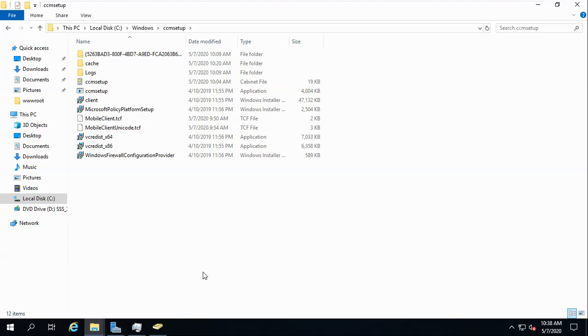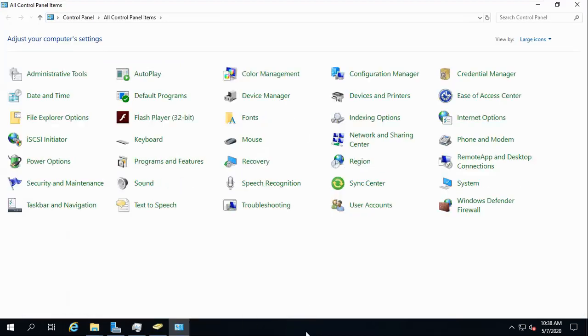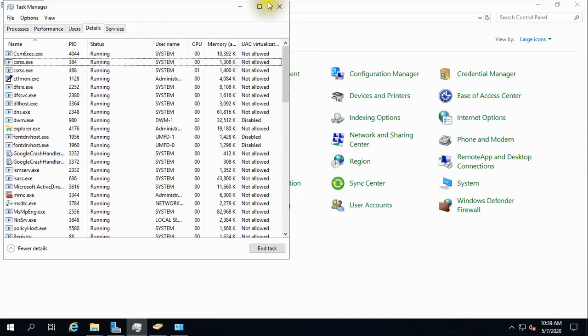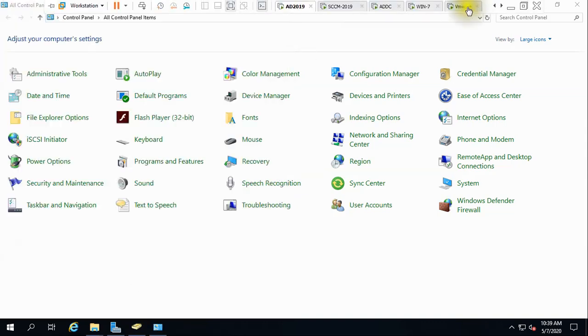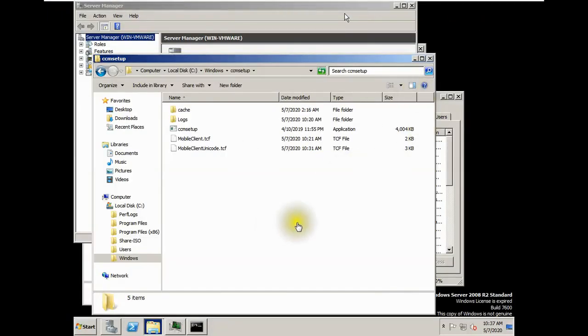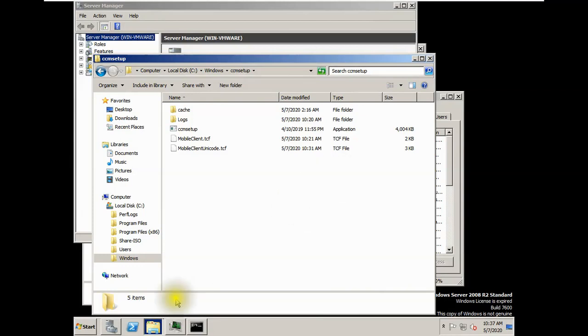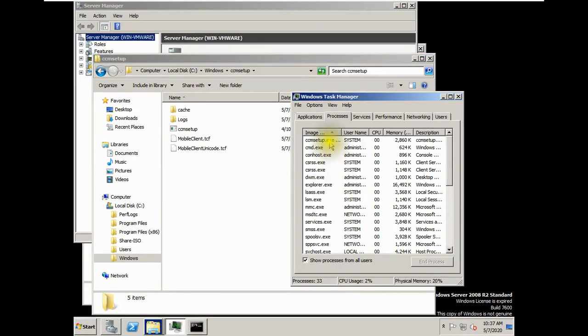And if you go to control panel now, and second thing you can check here, task manager, that process is not showing. That CCM setup process is gone because it has copied all the data. But if you look at this machine, it is not completed with the entire data that it should copy from there. So it will show that it's still going on. It is going on.